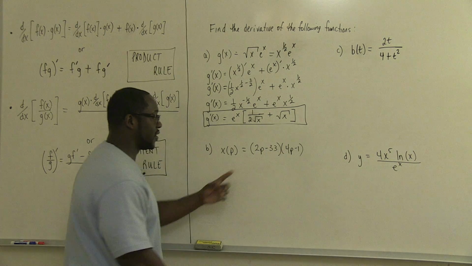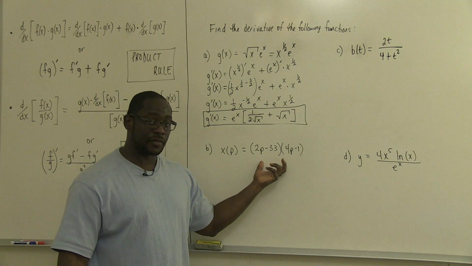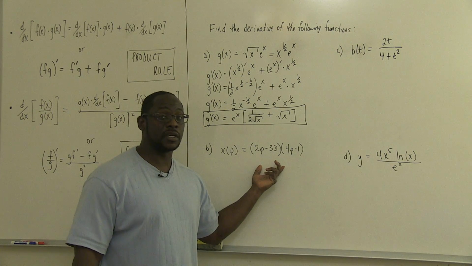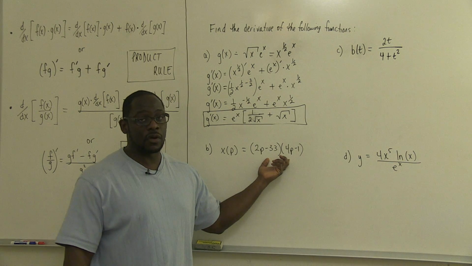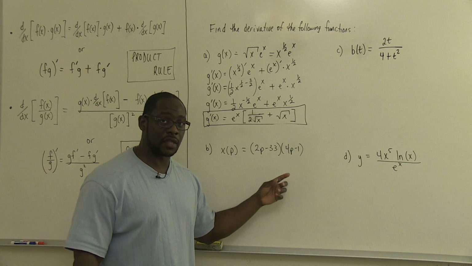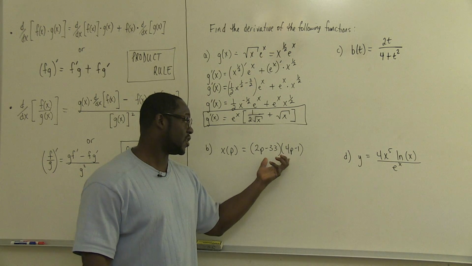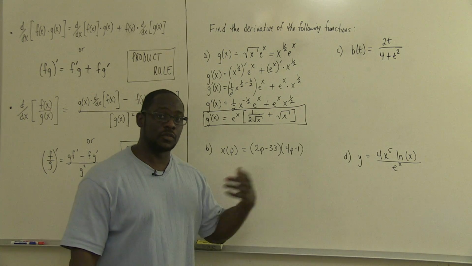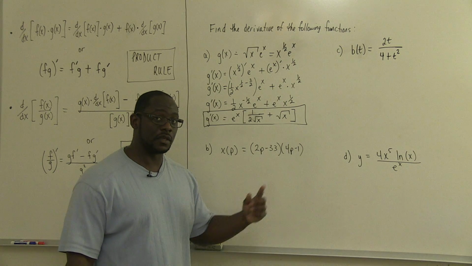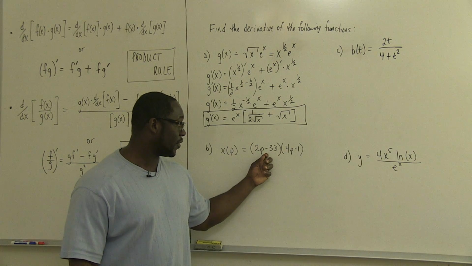So on this next example, you notice that we have two binomials that are here. And one of the things that we could do is just use the FOIL method or some form of convolution to be able to multiply these two together. And then we would see that this ends up being a polynomial, and then we would use the power rule. However, we're going to use a different approach here by using the product rule,